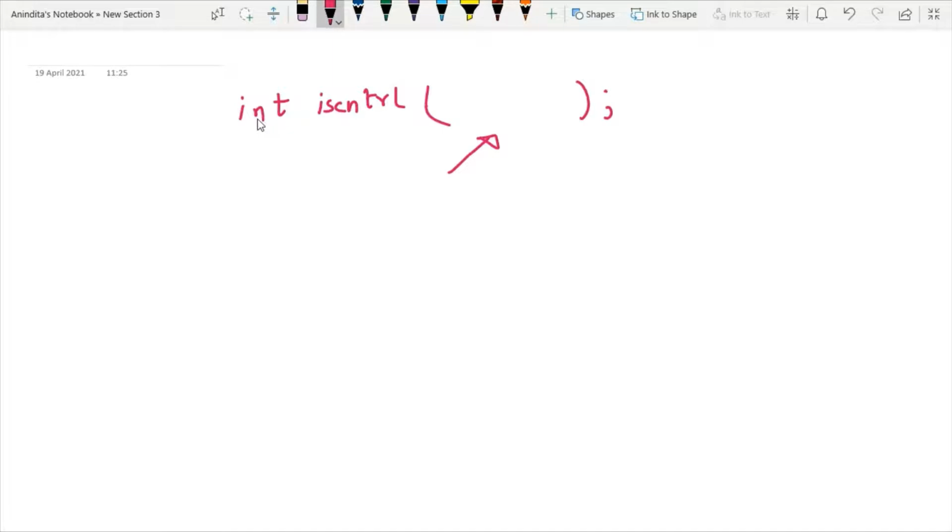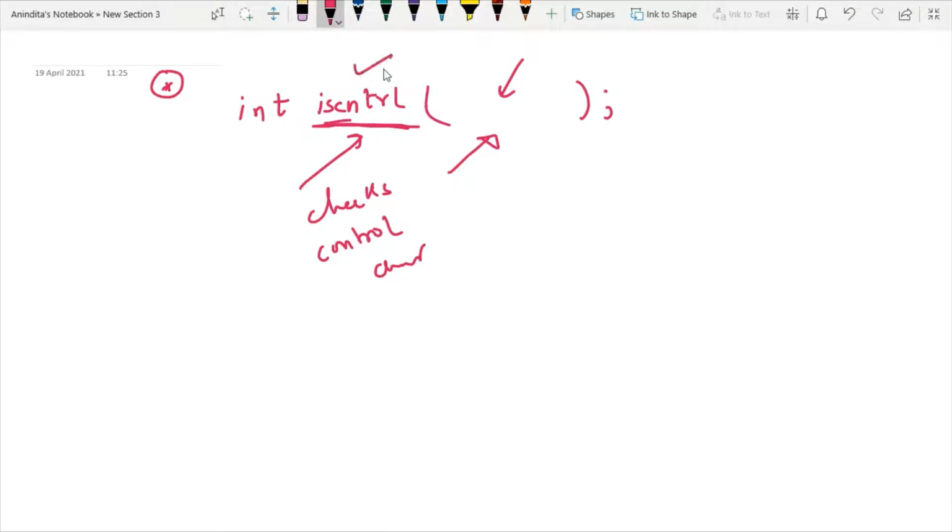Now we have to understand the functionality of this iscntrl standard library function. This function checks whether a character passed as an argument is a control character or not. This is the purpose of this standard library function.